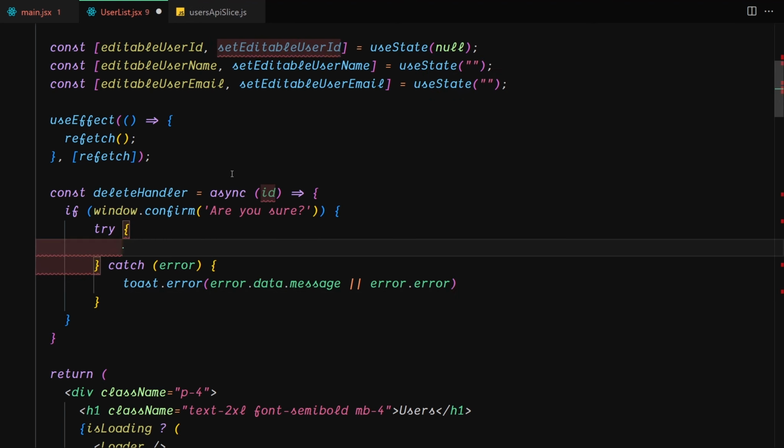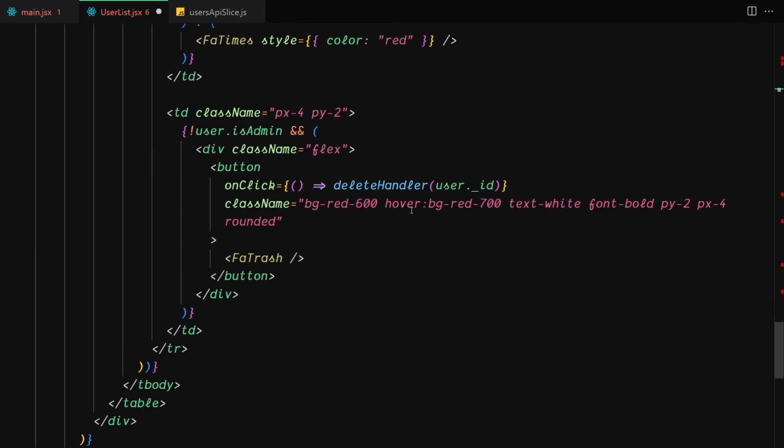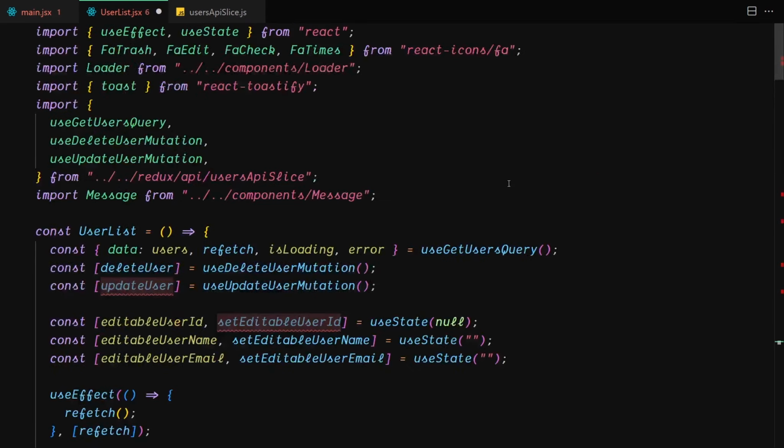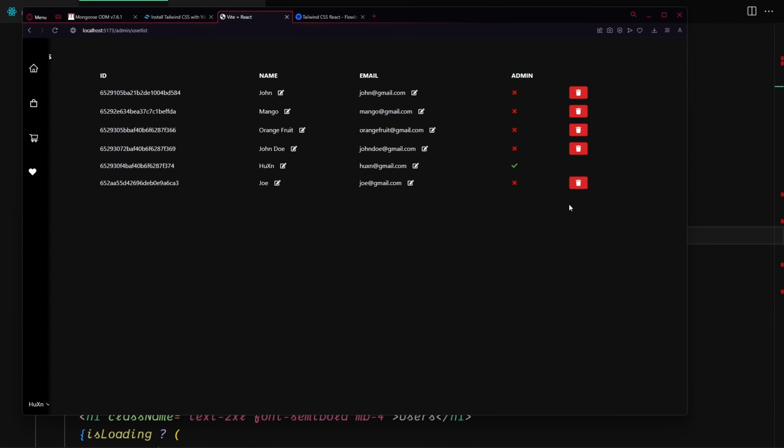And if that's not the case, so we are going to be just using like await and then delete user, and let's just specify our ID to it. Okay, and it is taking their ID right here. Let me just show you that, which is the user and ID. Okay, so what I want to do is that I'm going to just save this file, and let's just delete